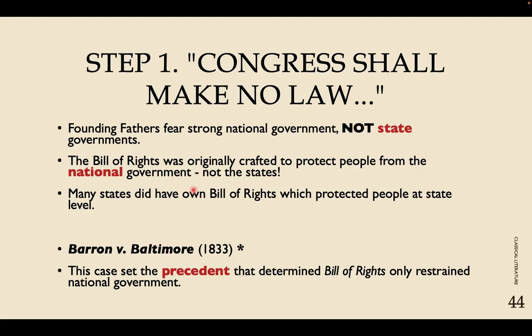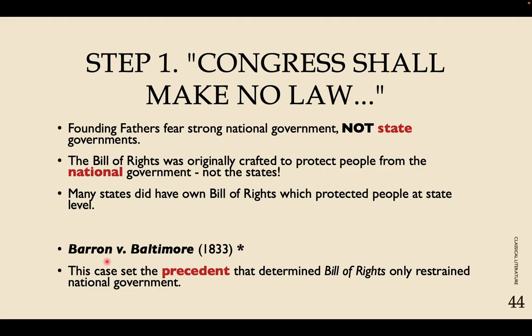That's because many states had their own Bill of Rights. Hamilton very specifically was like, we don't need a Bill of Rights because it's clear what the federal government can do, and all of the states have their own Bill of Rights to protect their people. Eventually they caved because they needed to get this thing signed, so, compromise, we'll put the Bill of Rights in there. What they start to realize is that the protections in the Bill of Rights, because they're based on natural rights to a certain degree in English common law, should apply to all people regardless of the state that they live in.